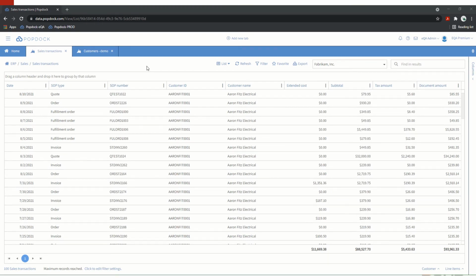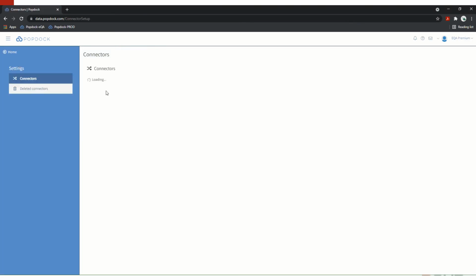For a final scenario, we want to take a look at what our gross margins are per transaction, and we're just going to do a simple formula and look at our subtotal and our extended cost to calculate that gross margin. But as you can see, we don't have that field currently here, so we're going to have to create a calculated field. And so I'm going to go back to the connector here